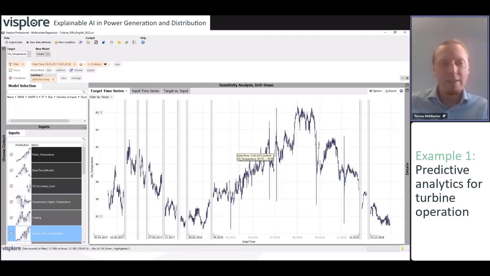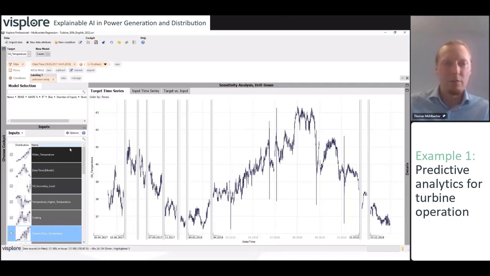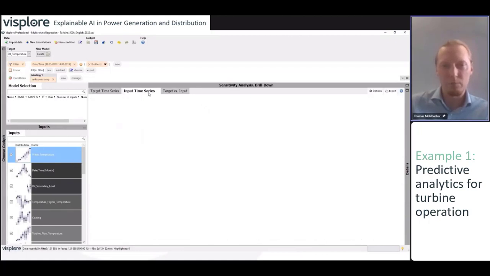All right, now let's look at some input variables. And here on the left side, we see a list of the input variables. And this list is actually ordered in a way that those that are most useful for modeling this target variable are ranked to the top. So here, for example, we have the water temperature,